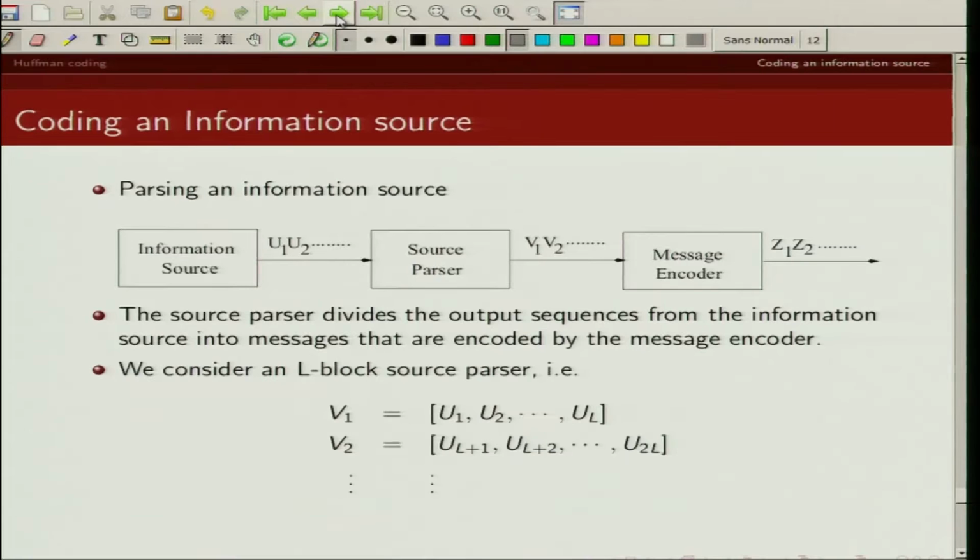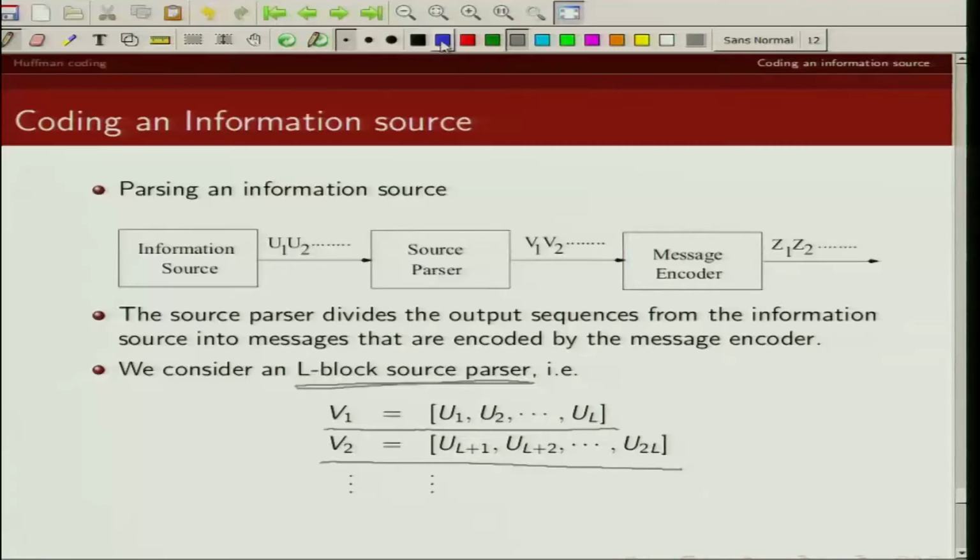We consider an L-block source parser. You can think of V1 as U1 to UL, V2 as UL plus 1 to U2L, V3 as U2L plus 1 to U3L, and so on. Basically the source parser is getting bits of data, partitioning them into blocks of L bits, and sending each block to the message encoder, which is going to do block to variable length coding.